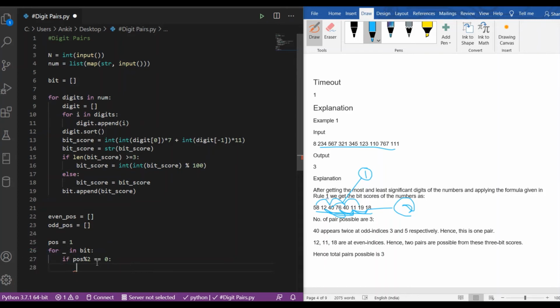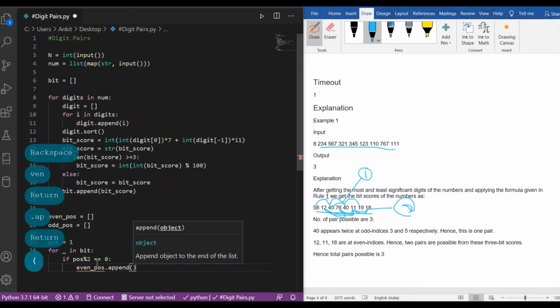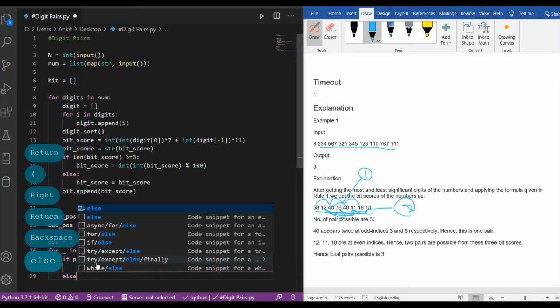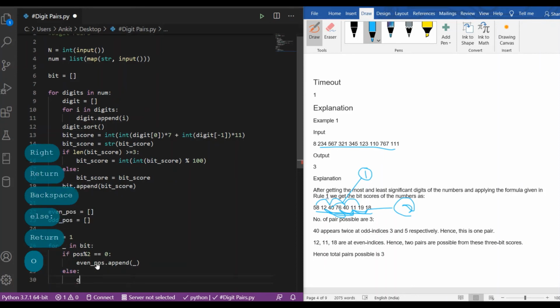Else, it will add it into the odd positioning.